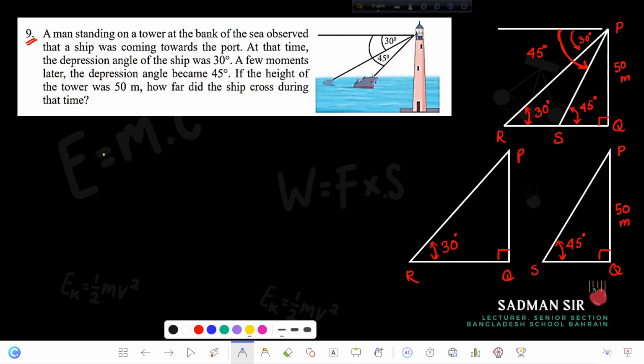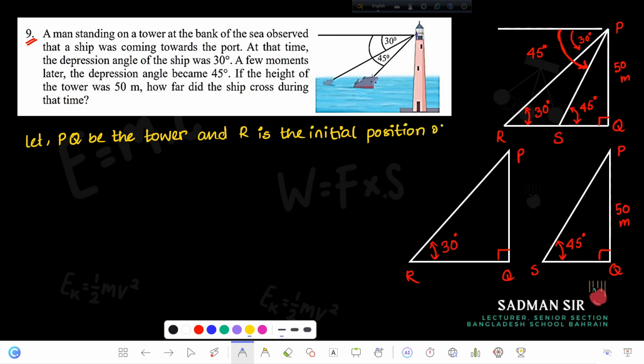Okay, so how we need to start? We will start by giving the description, like let PQ be the tower and R is the initial position of the ship. Okay, so PQ, that is height of the tower, it is equal to 50-meter,